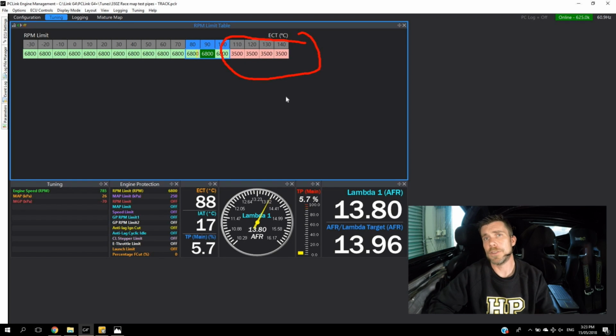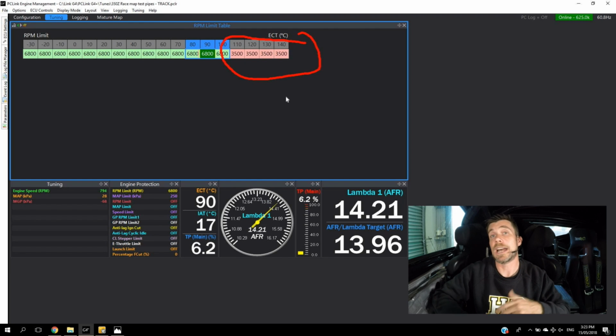limit. Now if the driver's driving that car hard, it's obviously going to start misfiring, or potentially that's what it will look like to the driver, because it won't pull past 3500 RPM in this case. This is going to bring the driver's attention to the fact something isn't right. Probably the driver's not going to be that happy about it, but again, it may just be enough to make the driver have a look around the instrument cluster, notice that something isn't right, and come into the pits and